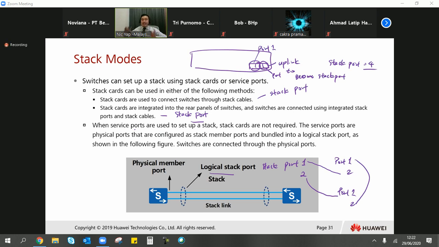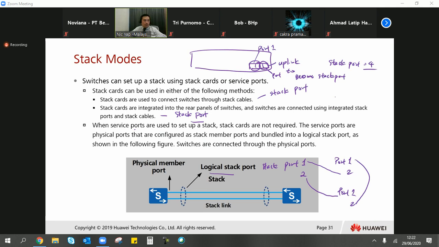Let's say your uplink is 10 G port. Let's say it's 1 G port, then in this case you might need to have 2 of them. Okay, 2 for one port, another 2 for the other port, as a logical stack port. A logical stack port is exclusively used for stacking and has the physical ports bundled. Each member switch in the stack supports 2 stack ports, and the stack port is n/1 and n/2, whereas n is the member switch ID. So there can be 4 ports, but you can only have logical